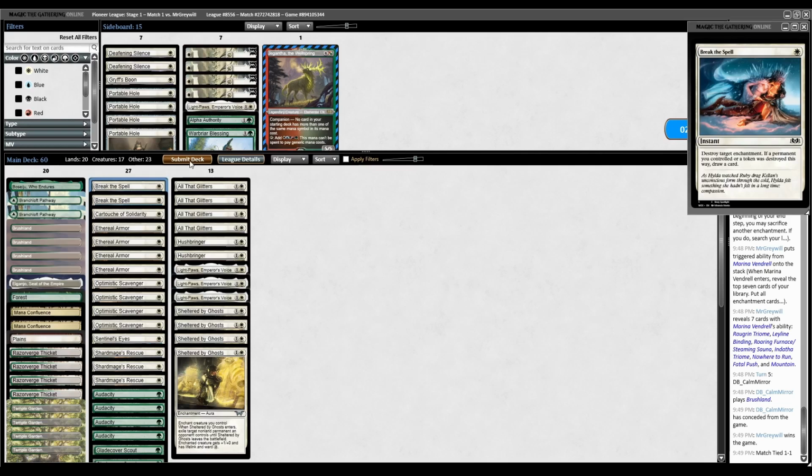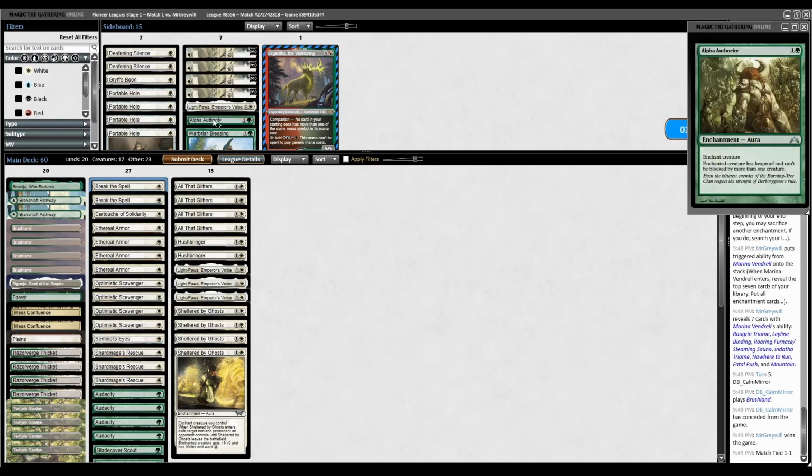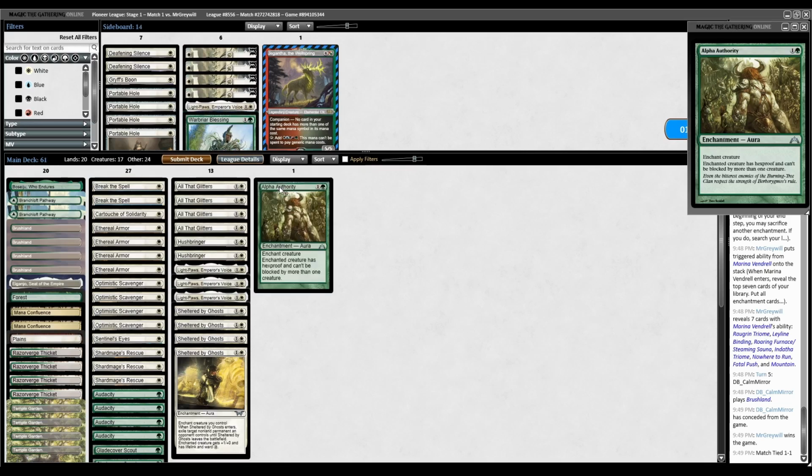So, okay, let's... I am wondering about keeping in the Warbriar Blessing, because the reason to keep it in is if you put a Shelter by Ghosts on Light-Paws, you can then fetch this up. Oh, sorry, I meant the Alpha Authority, to turn it hexproof. Yeah. So maybe we do want this, and we go down...